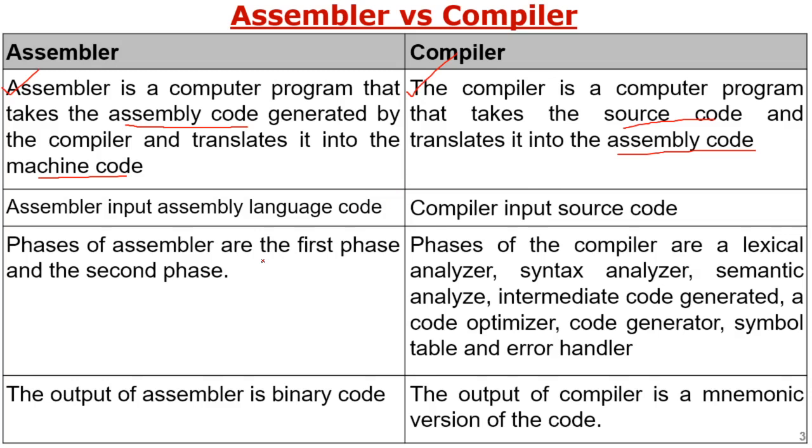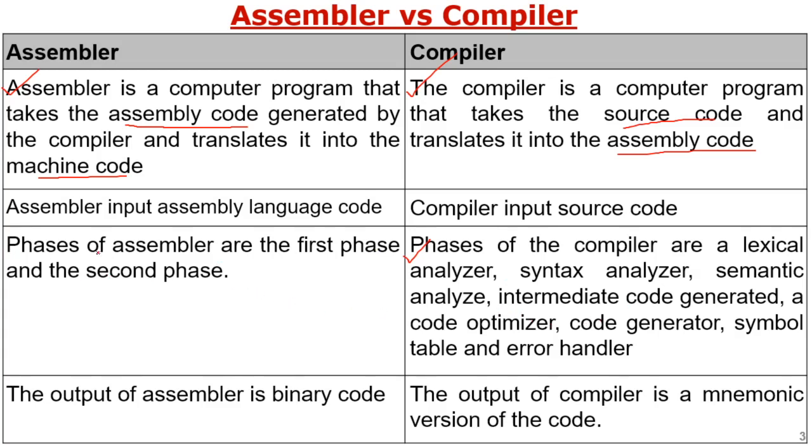And the phases of an assembler are the first phase and the second phase. Two phases are there, but for the compiler, many different phases are there. That's why it is required. You can see that in the previous difference between the interpreter and compiler, you have seen that an intermediate code is generated. That requires extra memory space. So that's why the compiler needs these compulsory phases. These phases are compulsory for each and every compiler, to create any kind of compiler. So these are the different phases, but the assembler has only two phases.